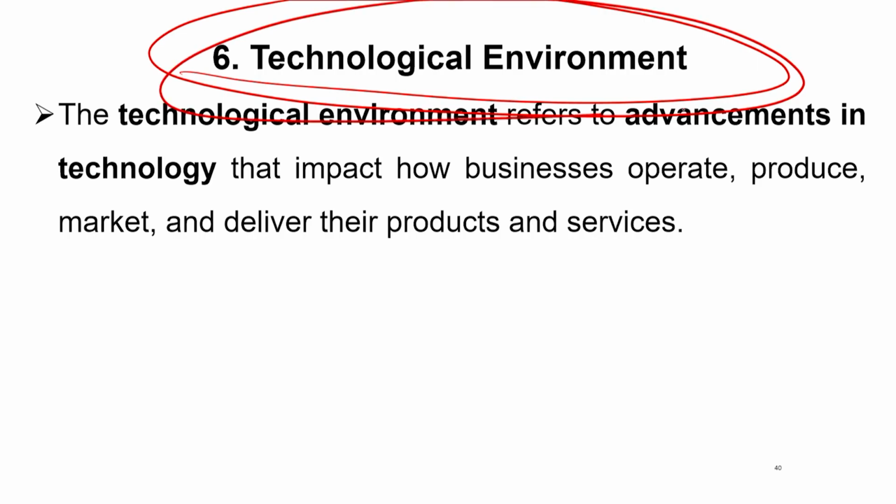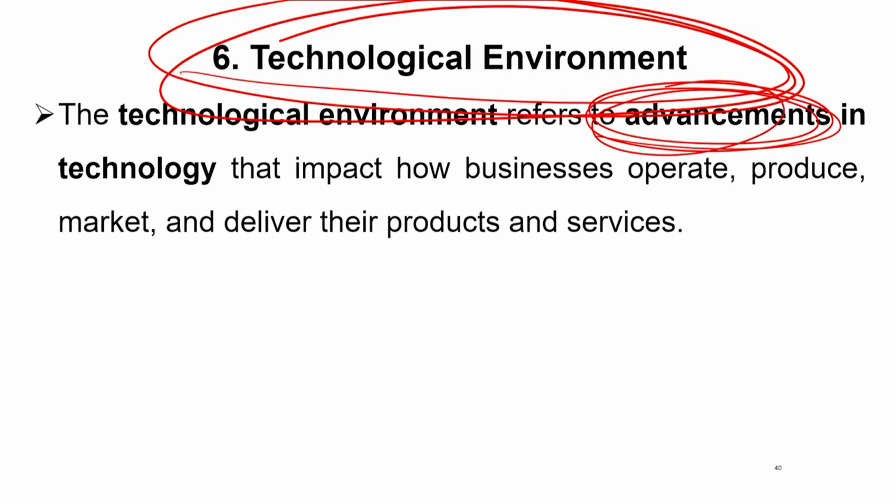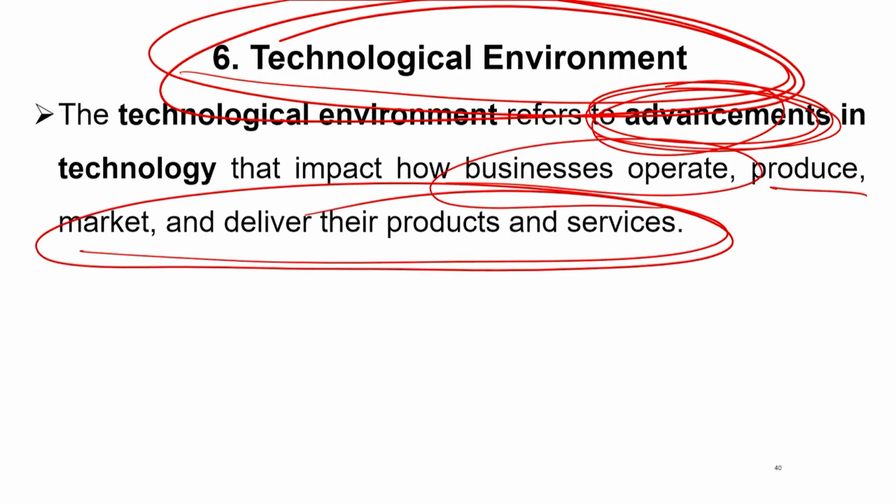Then we have the technological environment. In connection with the social, cultural and political environments, we now have the technological. In this 21st century, everything is led by technology. Various disasters have given us lessons on how important technology is. Corona gave us a lesson, and we moved toward a technology-driven economy. So this is a very important macro environment factor, which helps businesses operate, produce, market and deliver their products and services, and provide satisfaction to customers.